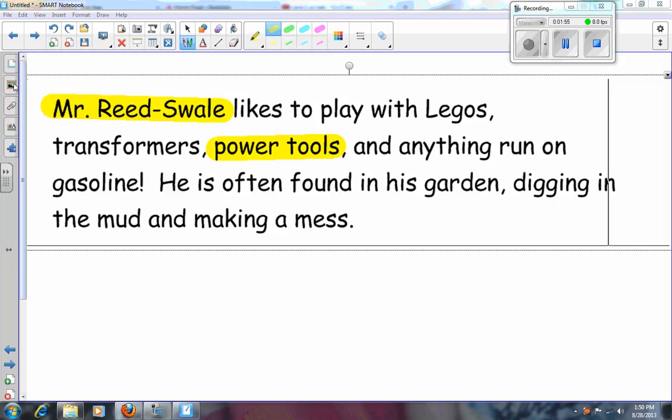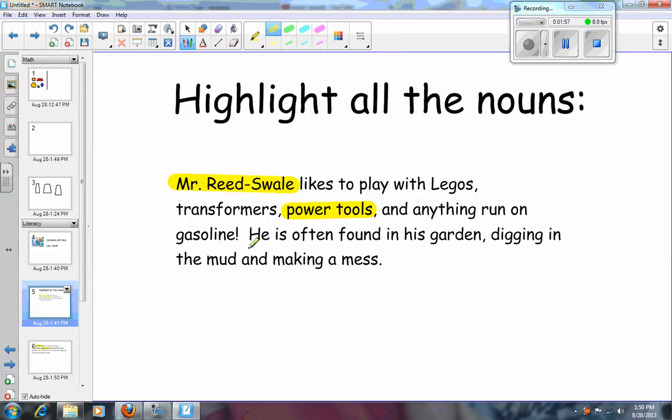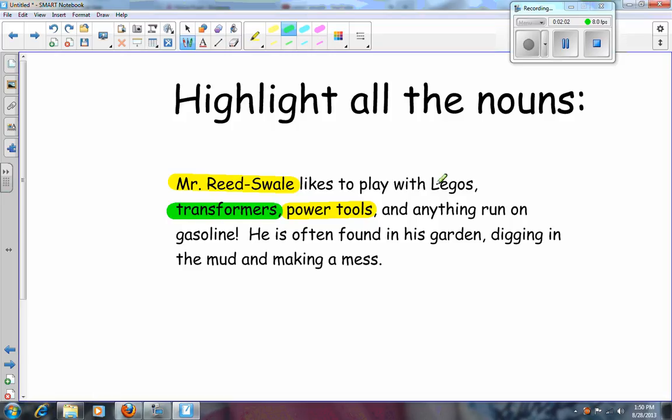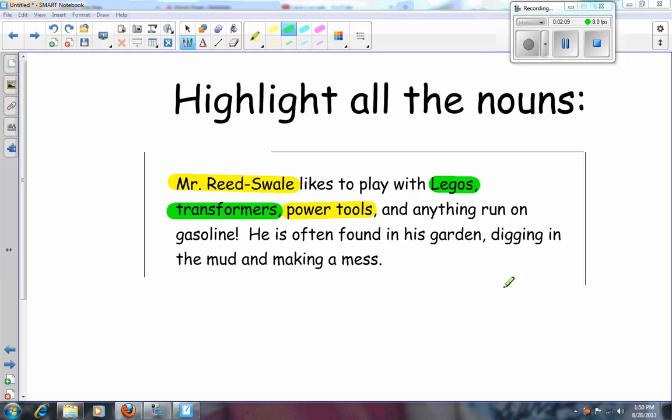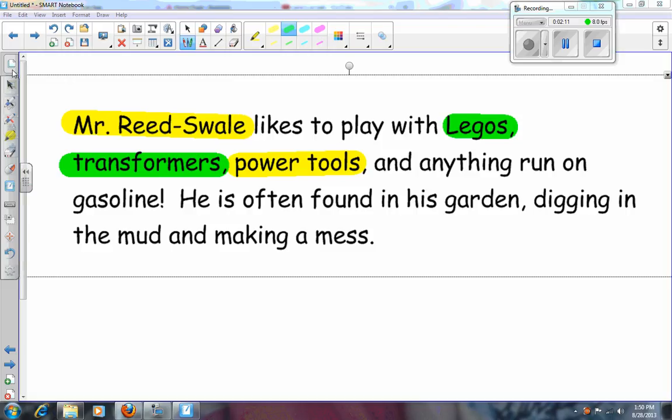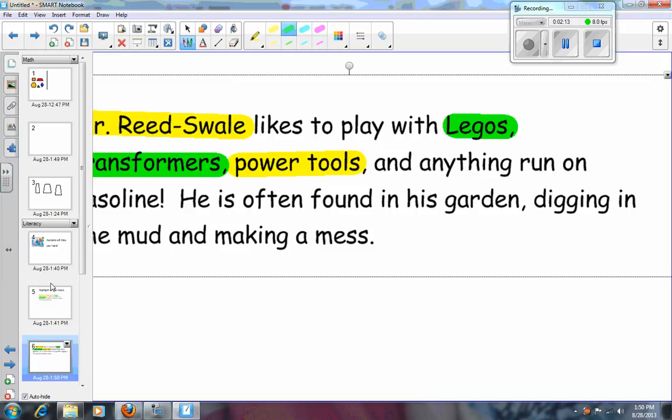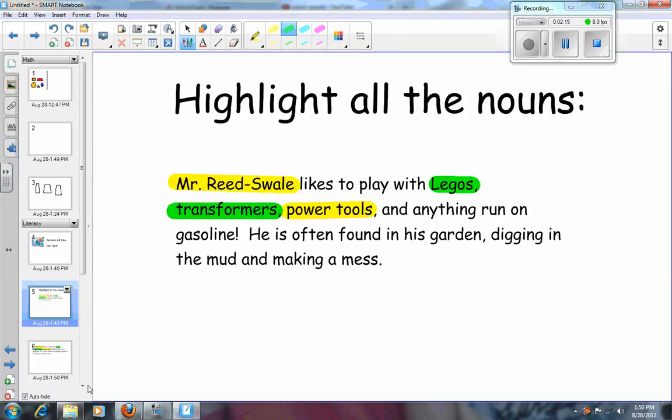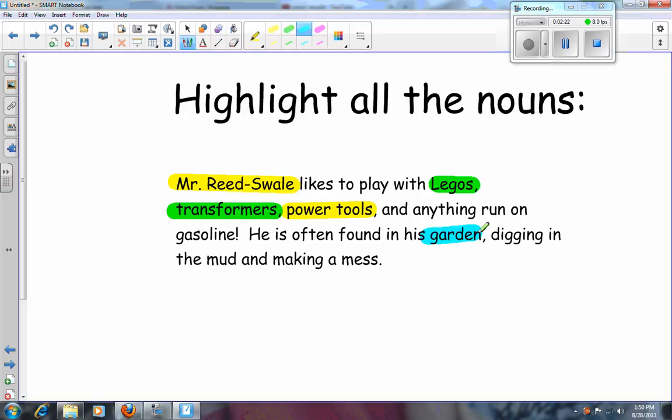And then another student can go back and we'll say, well, let's see, what else could you add here? And they do Transformers and Legos. And then we can screen capture it with the two here. And then we can go back to our original file and do a third highlight. And someone else can highlight garden and mud and runs on